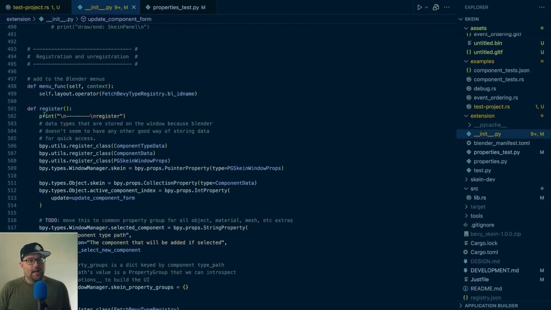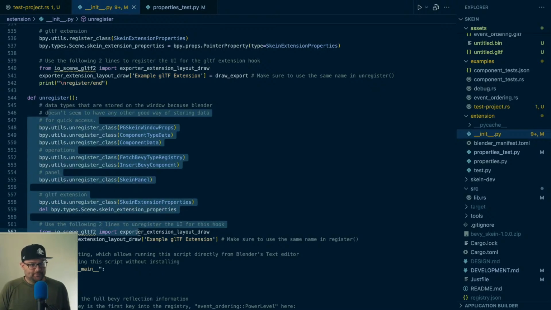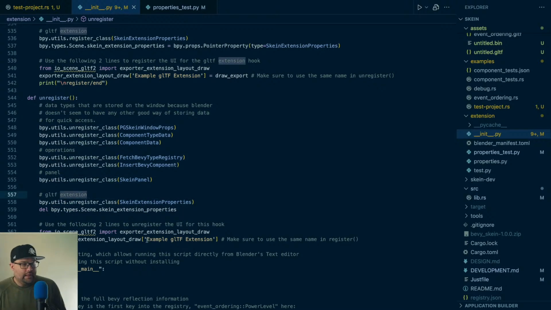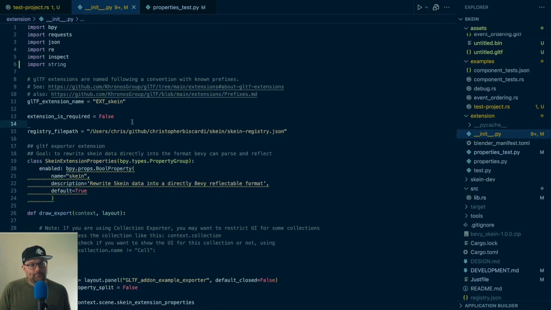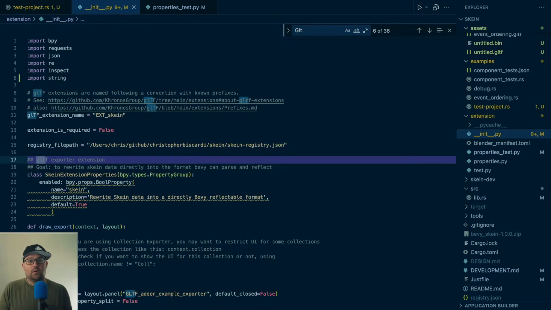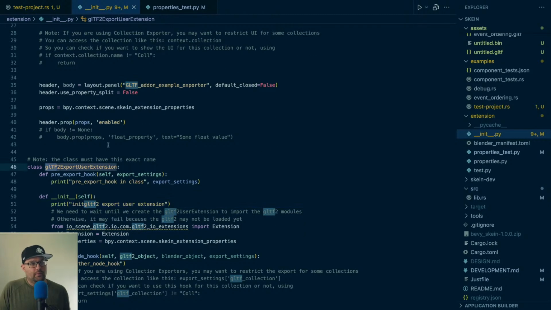So here we've got register a bunch of types, set up a bunch of data and stuff, unregister. The reason I'm no longer just pasting this into a script file and running it is because the exporter doesn't work that way. I know we're not working on the exporter right now, but where's the exporter? So another quirk I will say about working with Python in Blender,